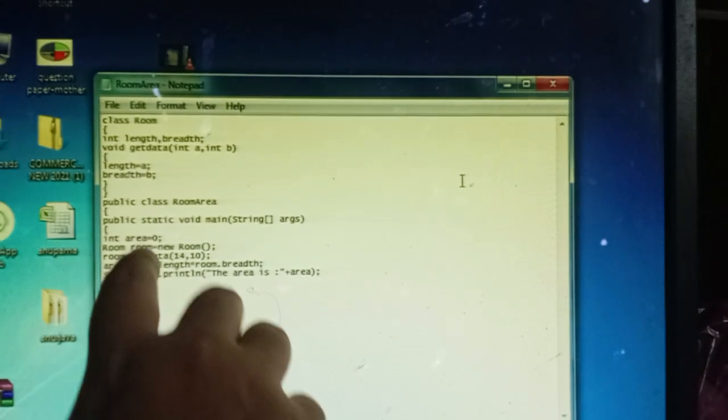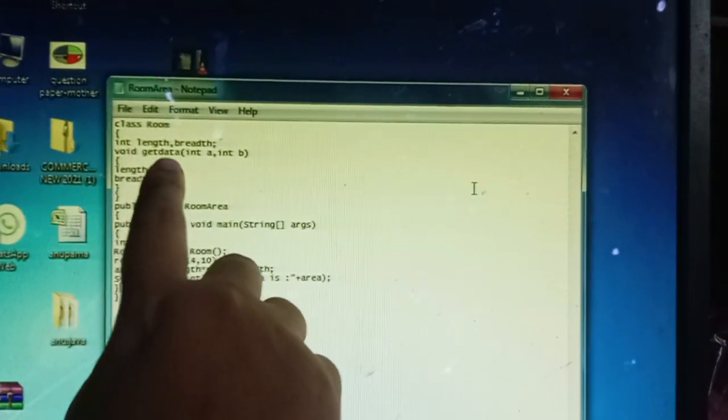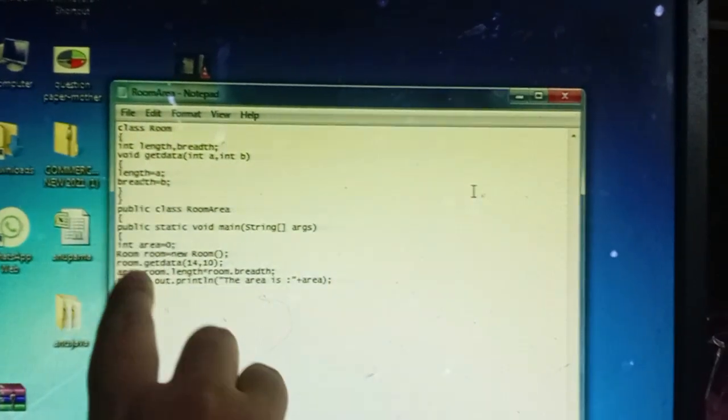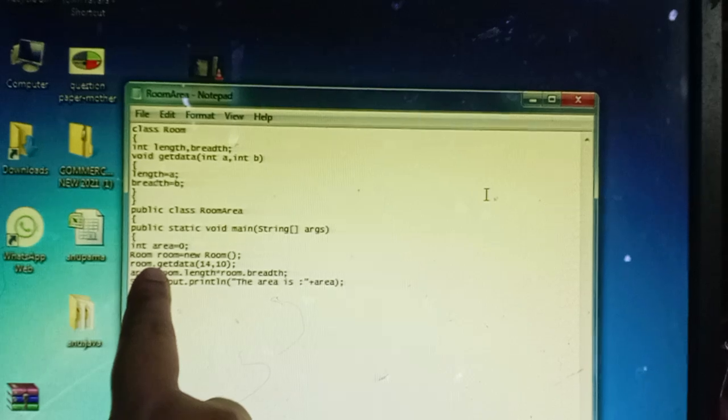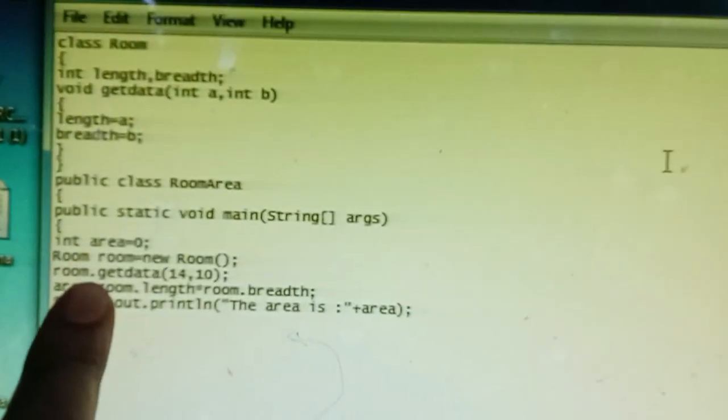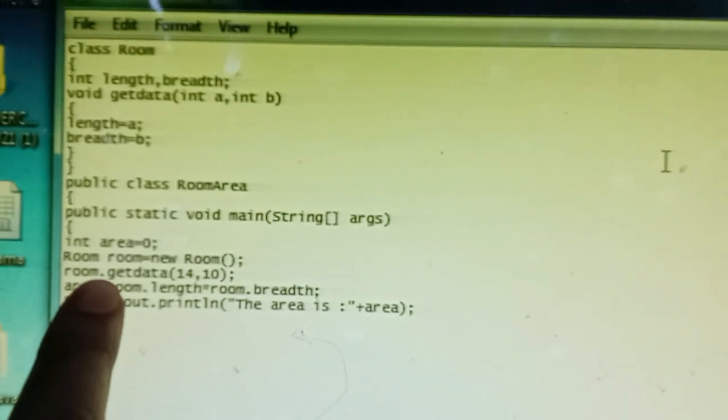Through this object, whatever data and whatever functions we have in the Room class can be accessed. How? Using the dot operator, the period operator.